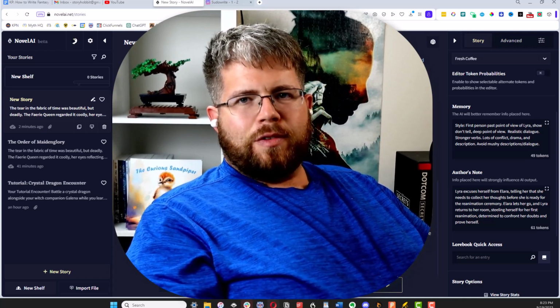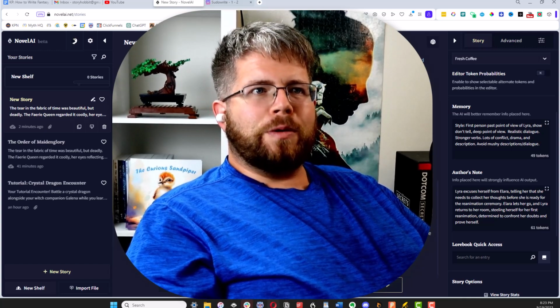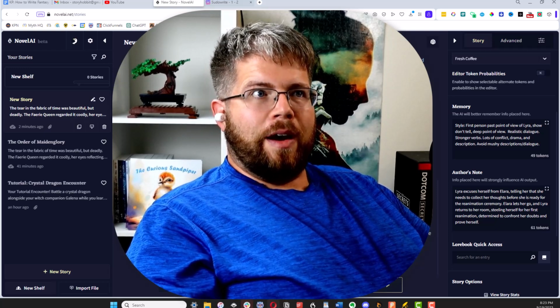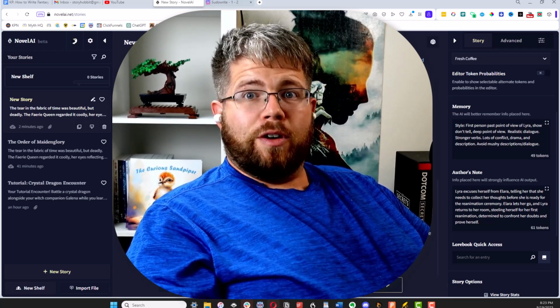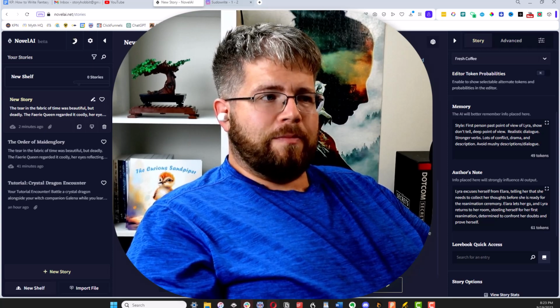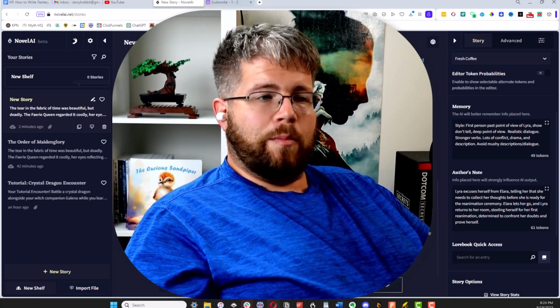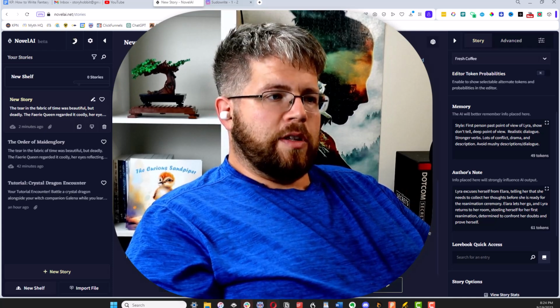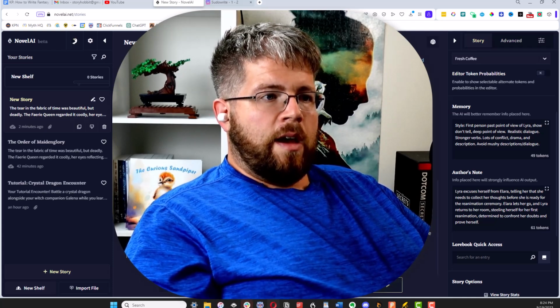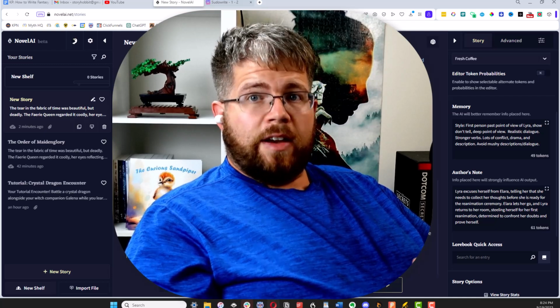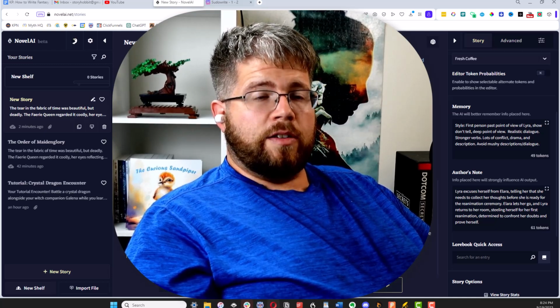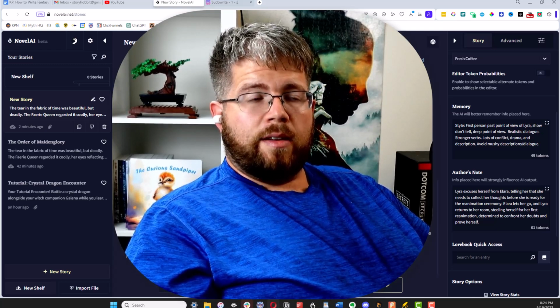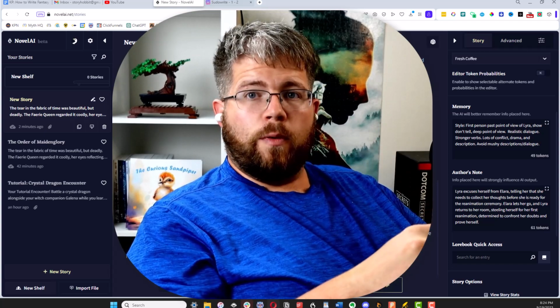And to be fair, I feel like most of these models a year from now will all be so good that it'll be hard to tell them apart. And it will come down more to things like, is it following my instructions? Which this one seems to be struggling with. But it does have really good prose. And it's really good at looking at what you've written before and following that